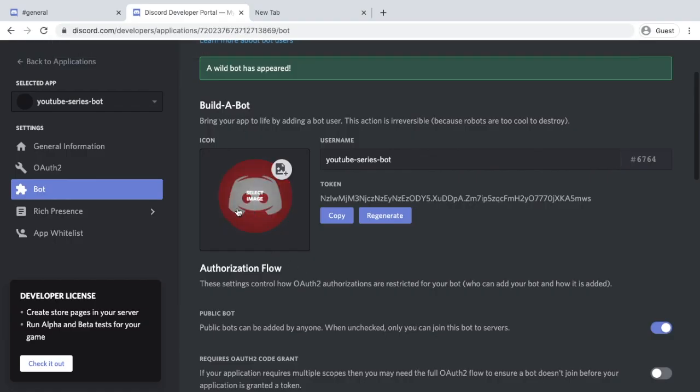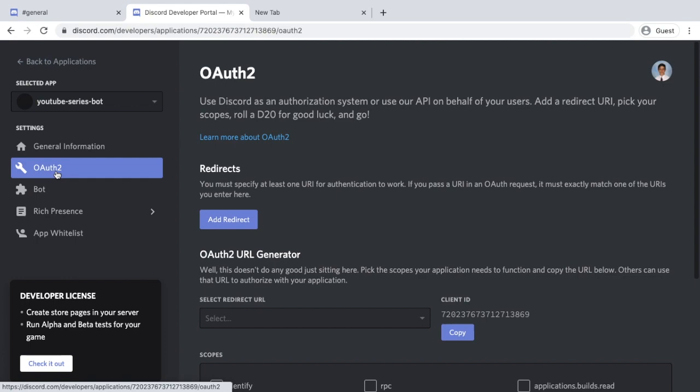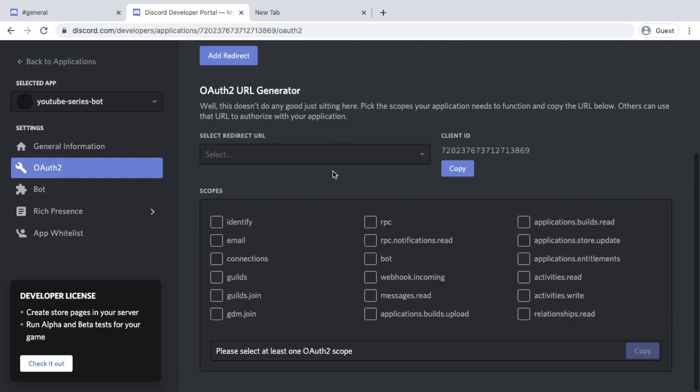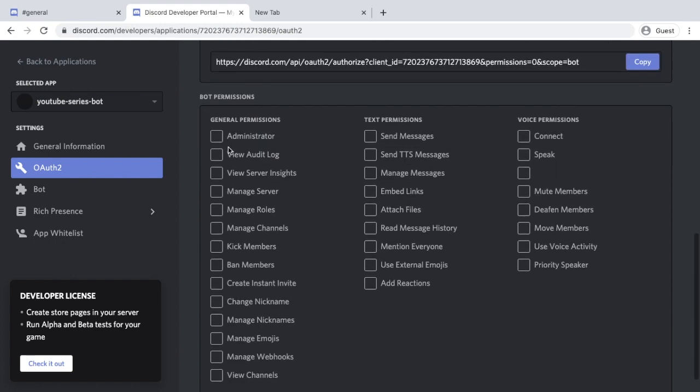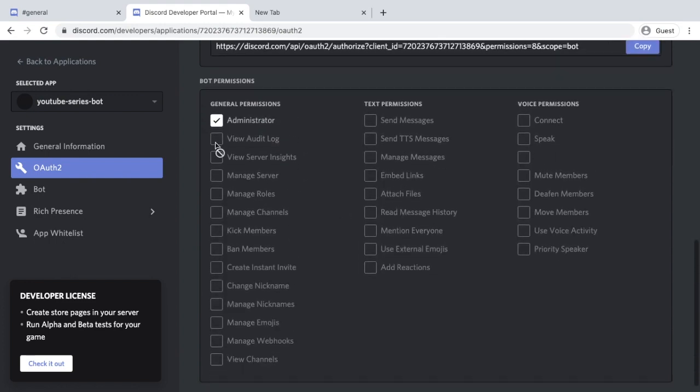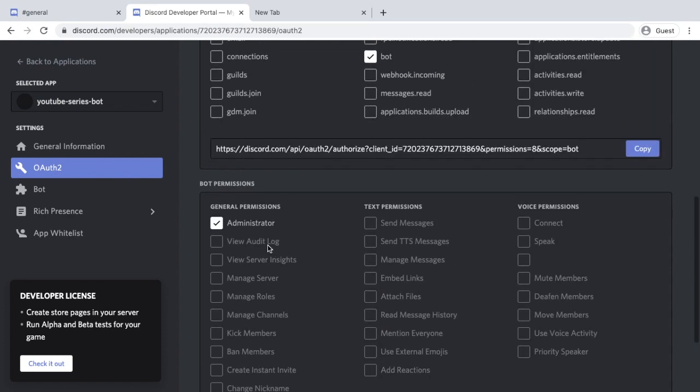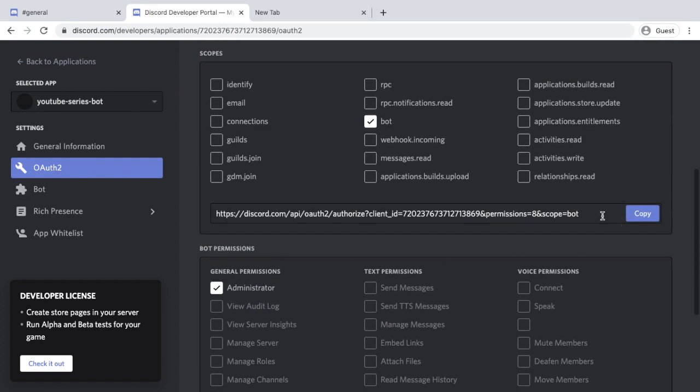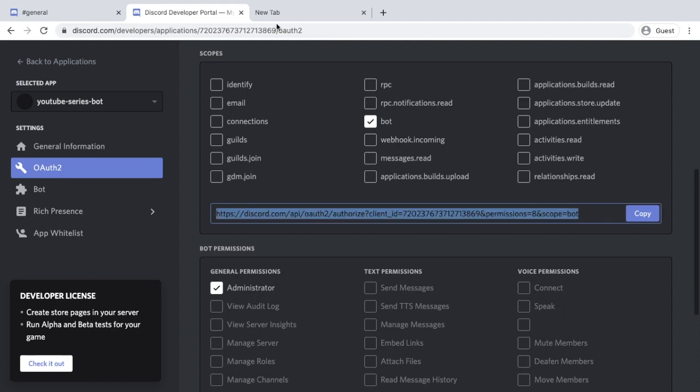And now we're actually going to invite the bot to our server. So navigate to OAuth 2. And we want to select bot from here. And we want to give it administrative permissions. We won't really need it, but if you don't trust the bot having these permissions, just give it send messages, embed links, attach files, and that's pretty much all the bot needs, but I'm just going to use administrator just in case. So let's just navigate to this URL